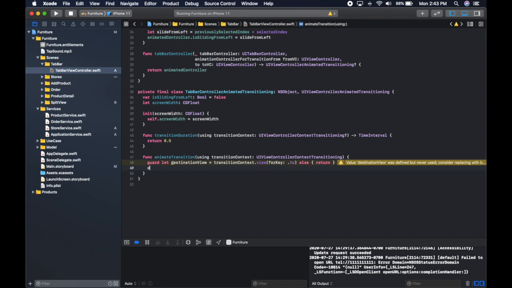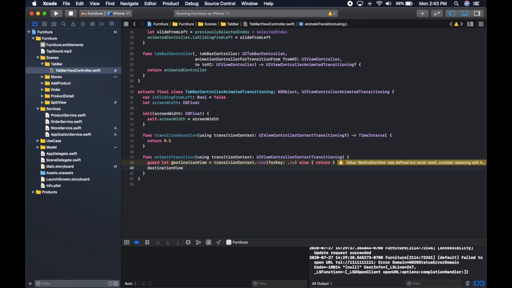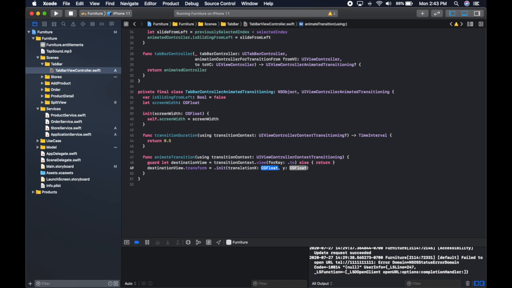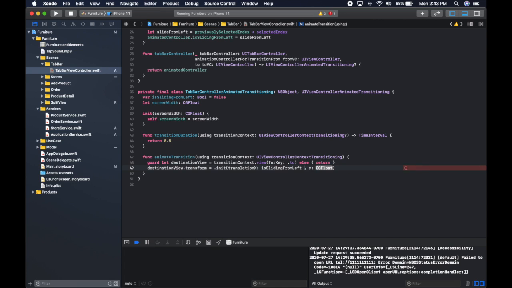Now here, I'm going to move this view. Now I'm moving it here. So if I am sliding from the left, I'll be moving the screen width to the left. If not,